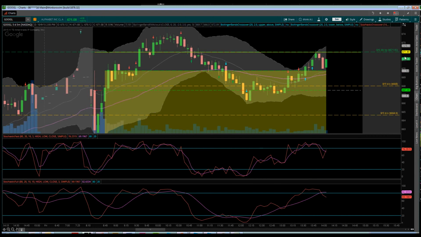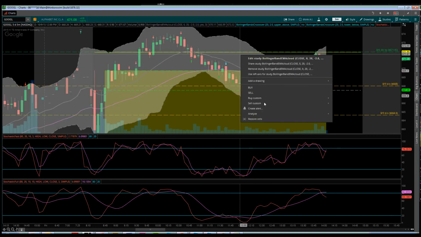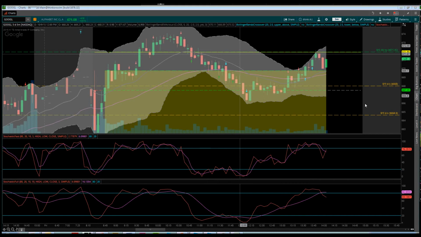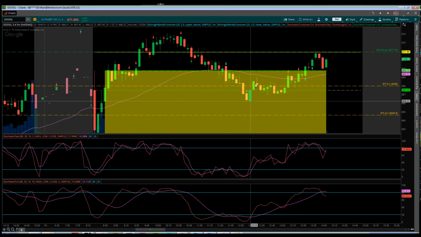So as I had mentioned, I'm going to go ahead and hide this Bollinger Band because it's distracting. What we're seeing currently is we saw our reversal off of the 666 intraday support area, and we came back to test the 668 area, and we saw a soft breakout, but it did not hold. Now the interesting thing here, and I think it's really important that we point out,